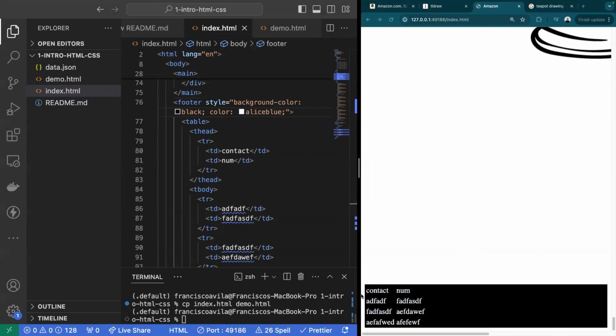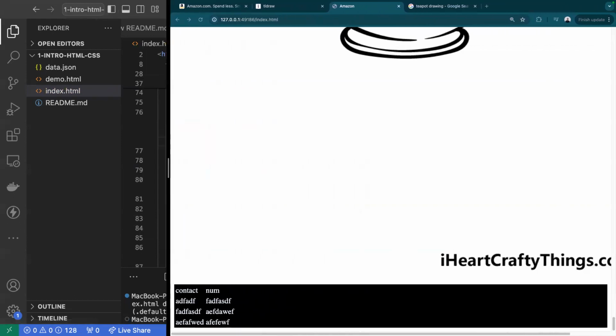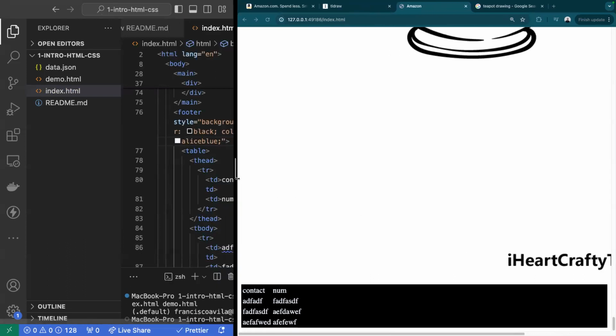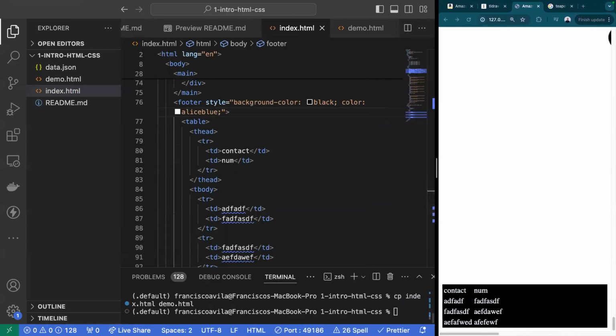Now you'll see there's a bit of a weird thing going on here, right? If I take a look at my left and to my right hand side, or just all around my footer, there seems to be some sort of gap happening. Well, we'll be covering that here shortly, but let's just keep that in mind as we're working with our CSS. All right, so there you go. That's how you can apply style to a specific tag,